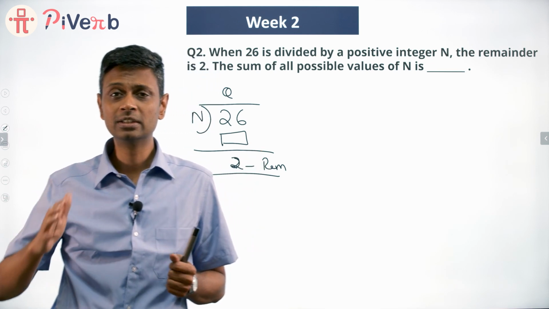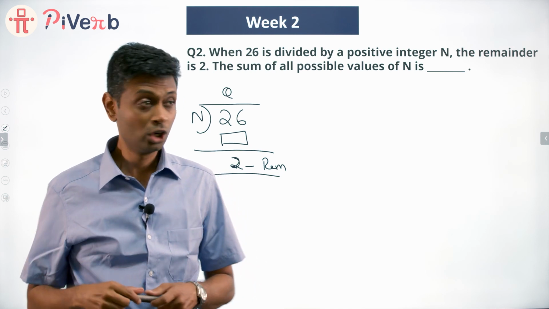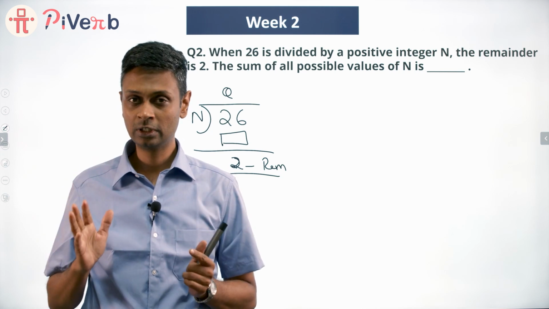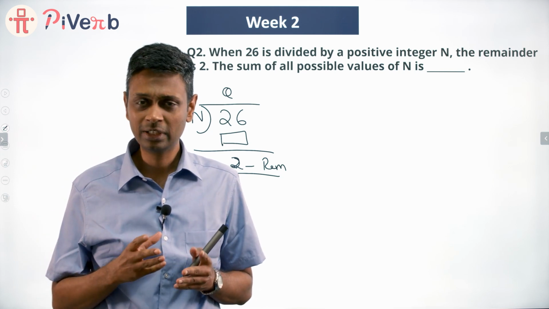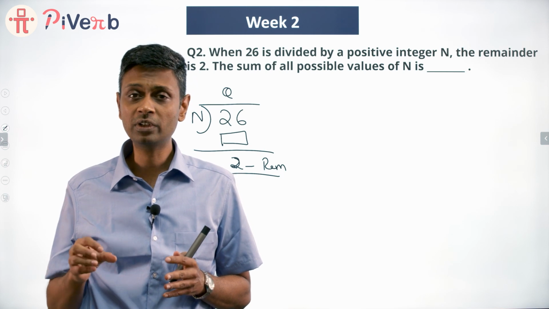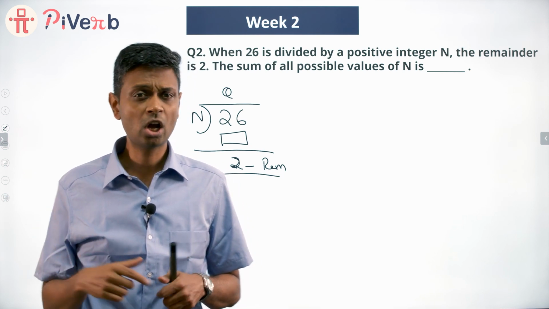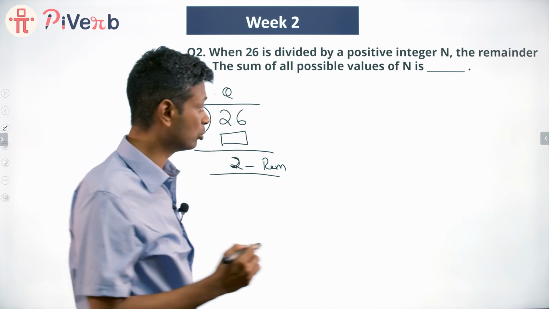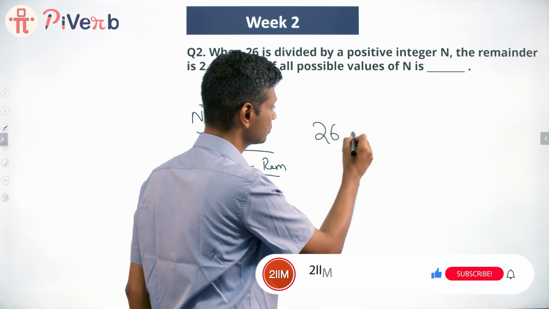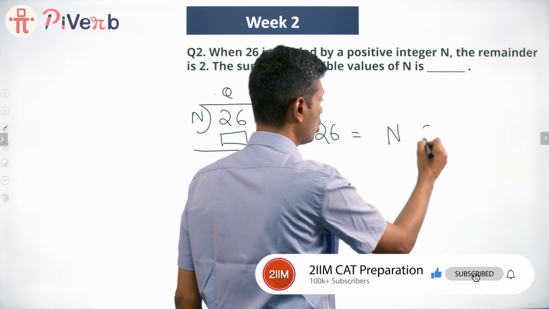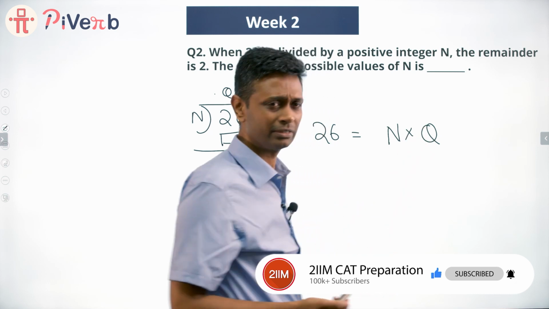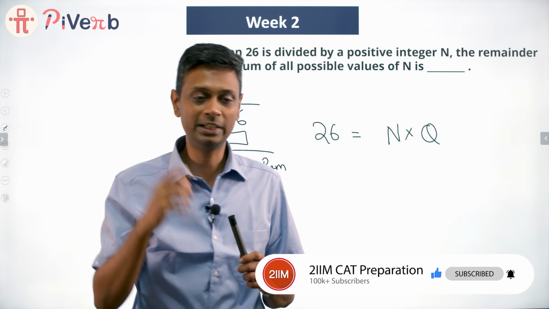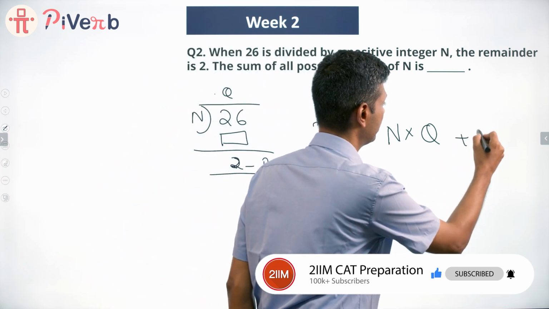Remainder by definition is linked to what remains. We divide 26 by n and we ask, how many times can n go and sit inside 26? It sits a certain number of times, then something is remaining. Whatever is remaining is the remainder. Or the other way of thinking about it, into 26, I put n a quotient number of times, right? So it might add up to something, but something still remains. It is not going completely inside.